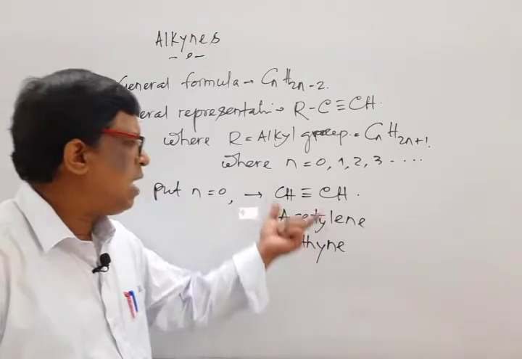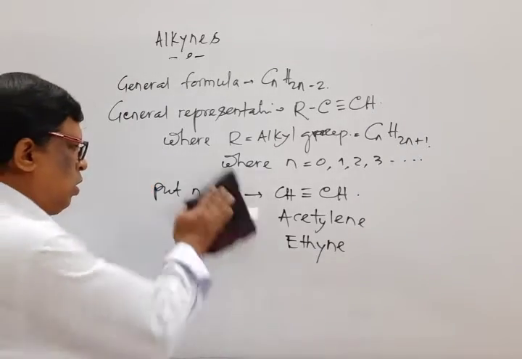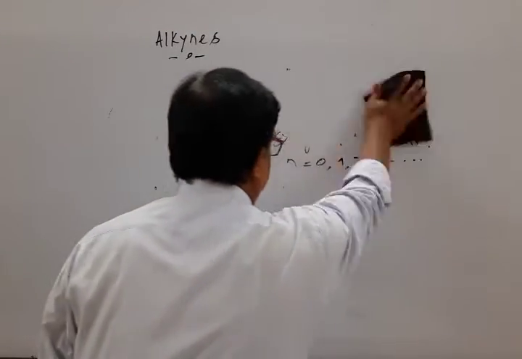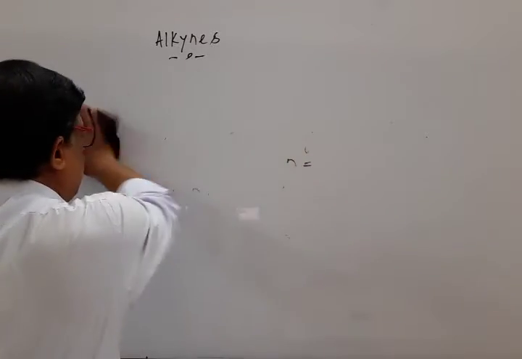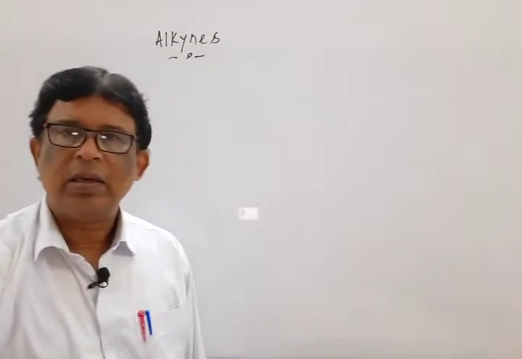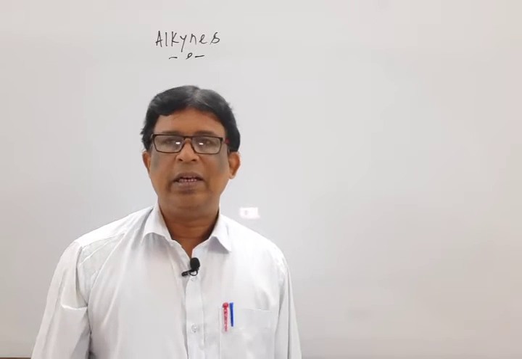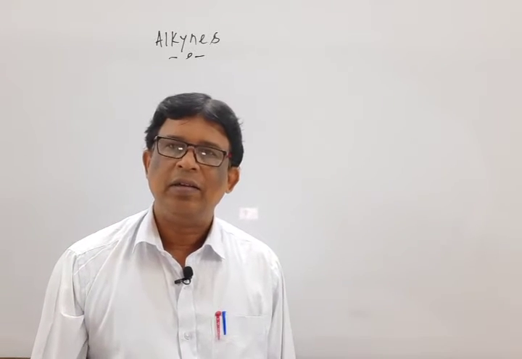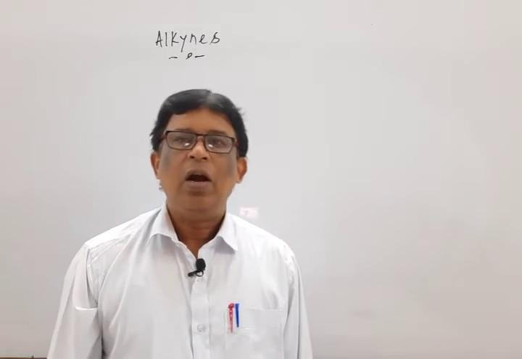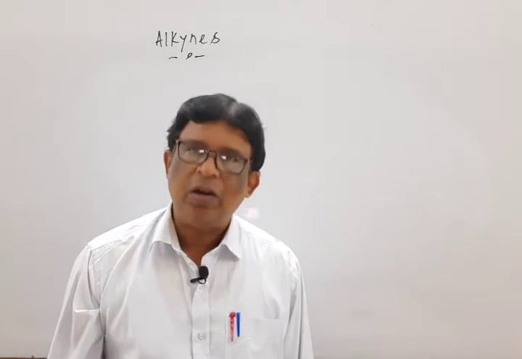Okay, so alkyne is of two types. One is known as terminal alkyne and one is known as non-terminal alkyne, depending upon the position of the triple bond present in the structure. That means, if the triple bond is present at the end of the formula, then it is known as a terminal alkyne. On the other hand, if a triple bond is present in the middle, rather than at any end, then it is known as non-terminal alkyne.